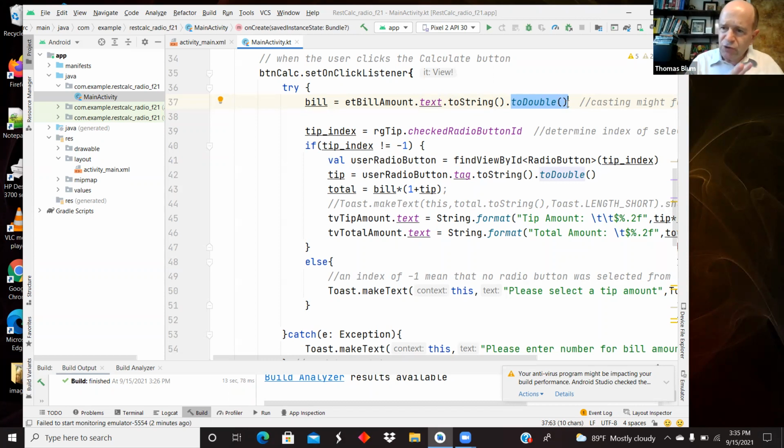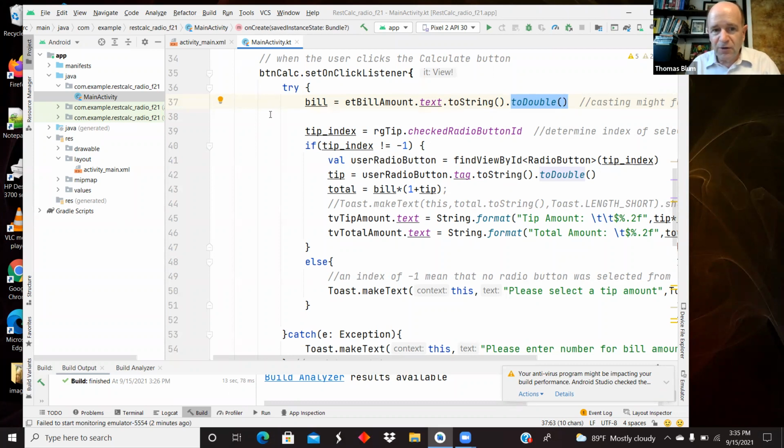That controls what the user can type in, but that doesn't control what it is when we bring it over on the Kotlin side in code. It comes in as what was typed into an edit text, and so it comes out as text, which we can make into a string and then make into a double. That could go wrong in case they didn't enter anything at all. Then you can't cast an empty edit text as a double, and so that's why we have it